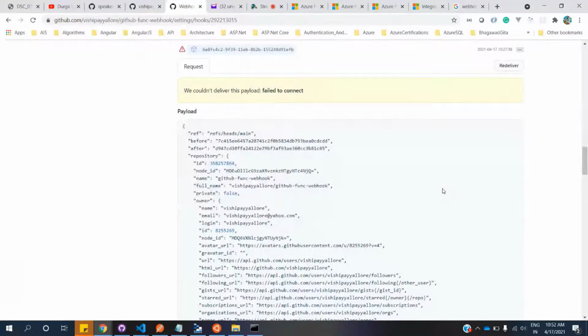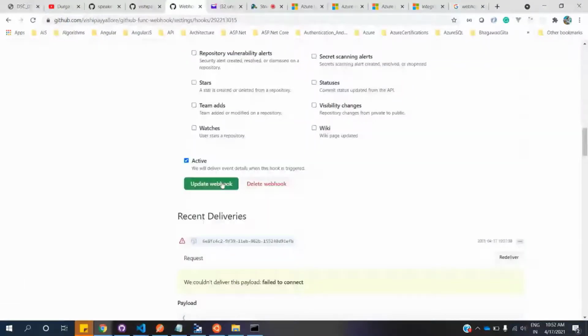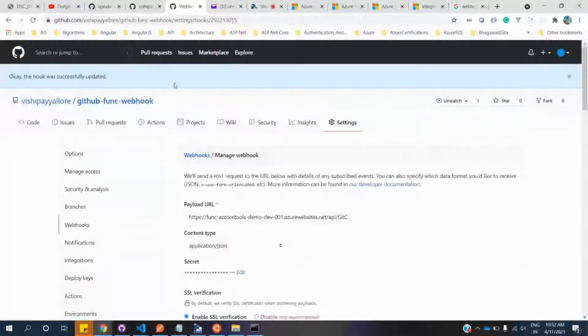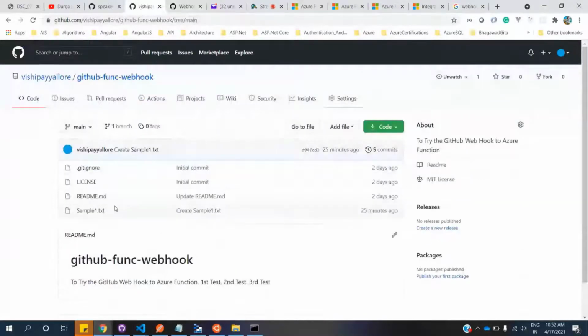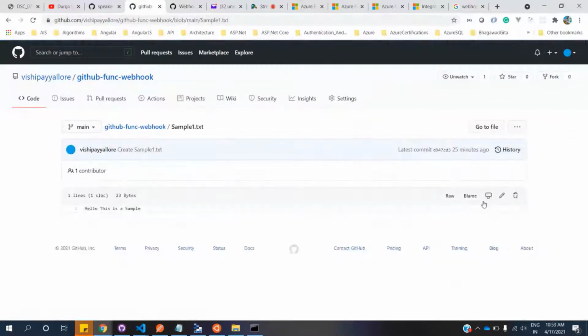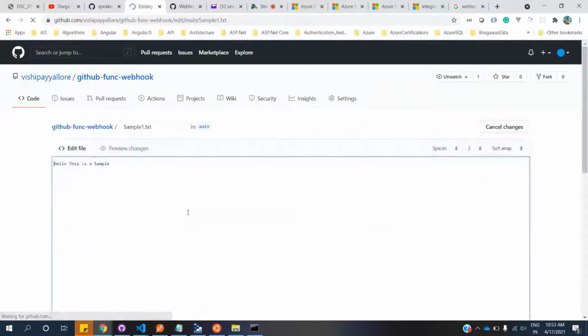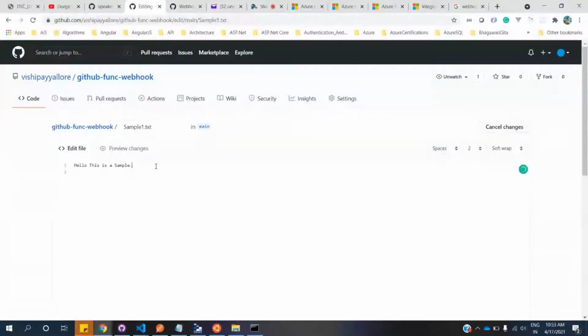Where did I miss the button? Okay, update the webhook. So it is updating the webhook. Now, whatever changes I do, add or modify, will be sent to this address, whatever the latest address we have right now. So I'll go open this one and click on edit. Changing the content,